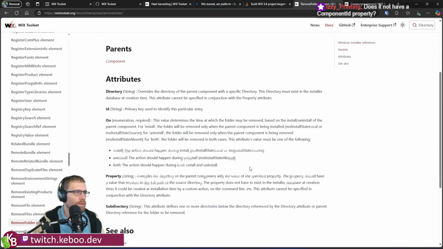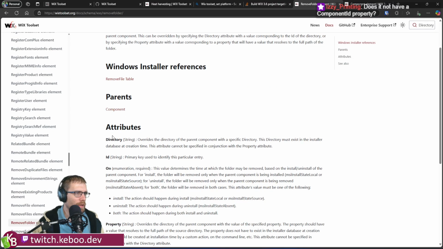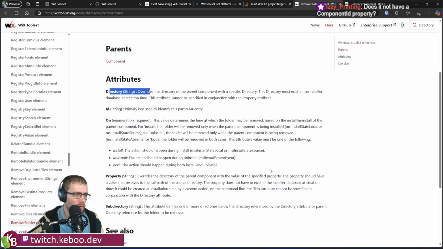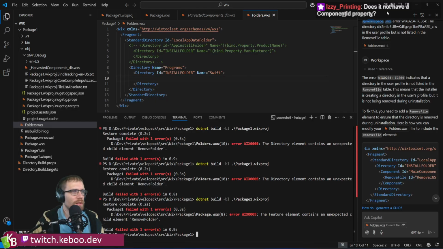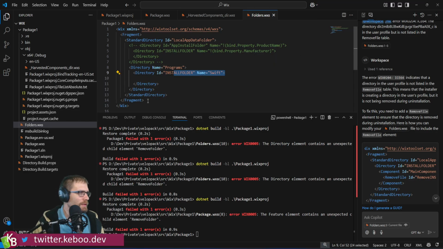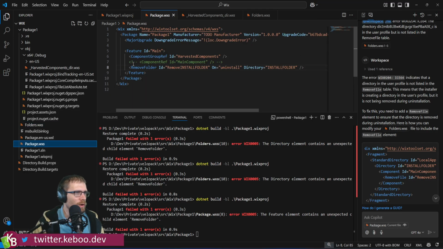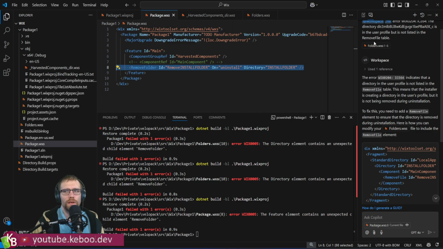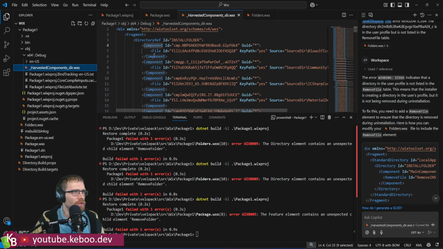So the remove folder element has a directory, not a component ID element. That's where I'm a little confused. I don't know. Seems like I need to make this guy get removed somewhere, but I don't know exactly where that somewhere is. And the components themselves are being generated inside of